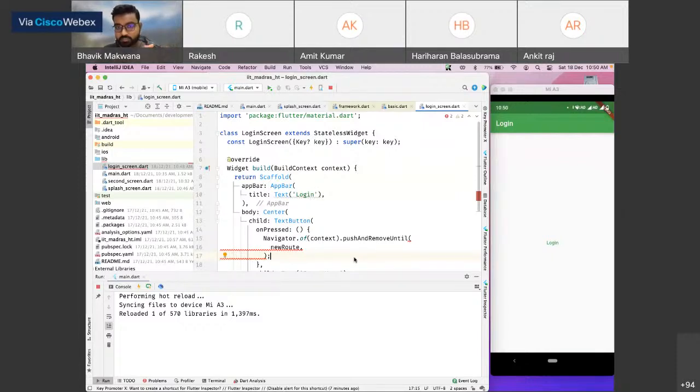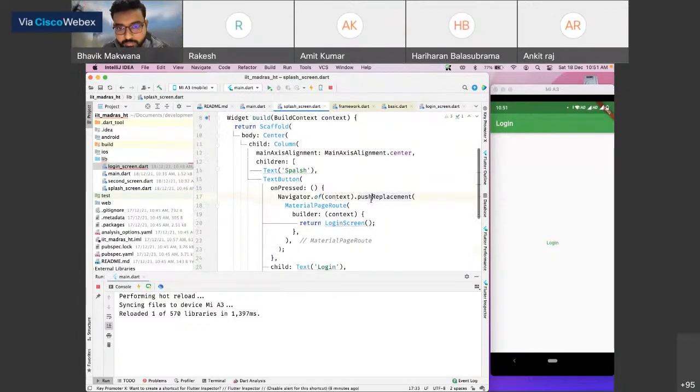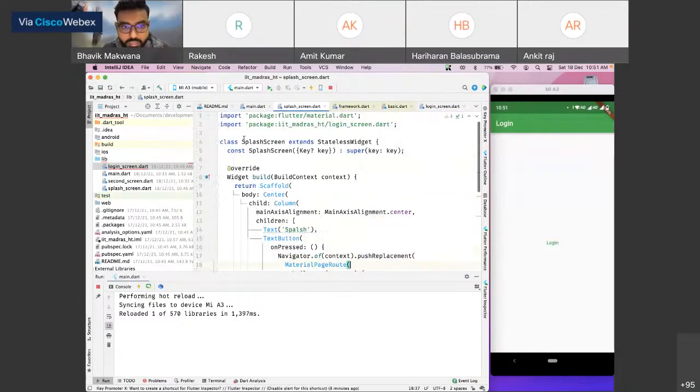Let's say we are at the checkout page of some e-commerce application. Let's take an example of Amazon. We go from the home screen to the checkout page. When we click on checkout, it should redirect to the home screen. So we are going to set some condition that it should go to the home screen alone. For that purpose, we will use remove until. It will remove all the stack,